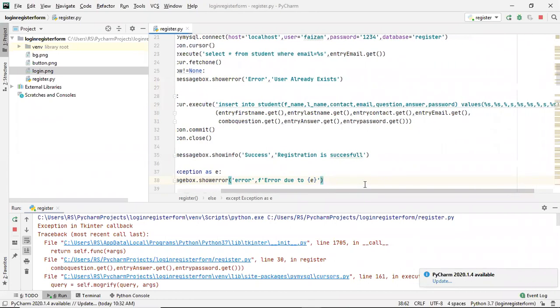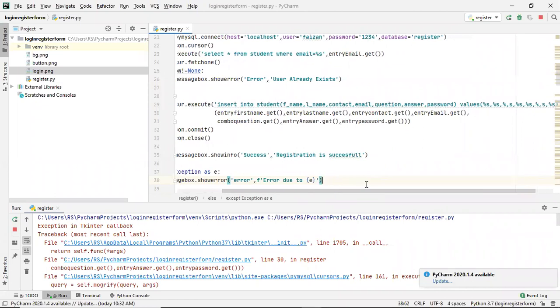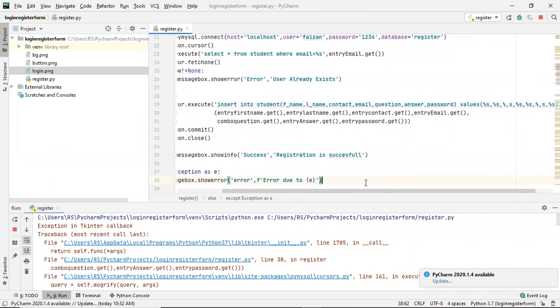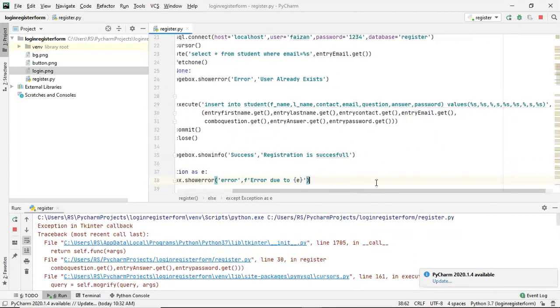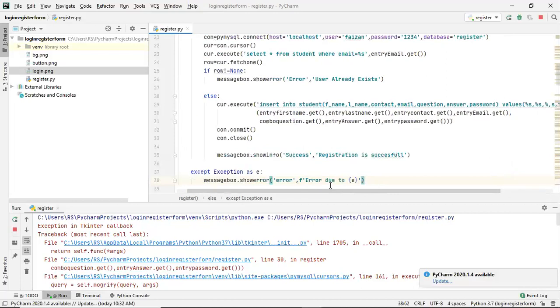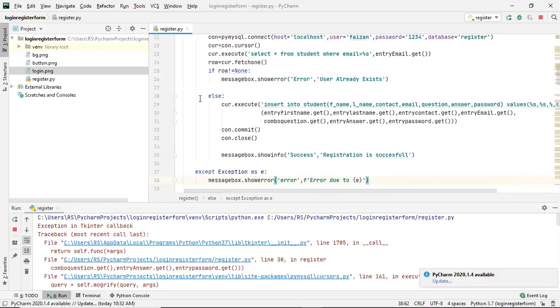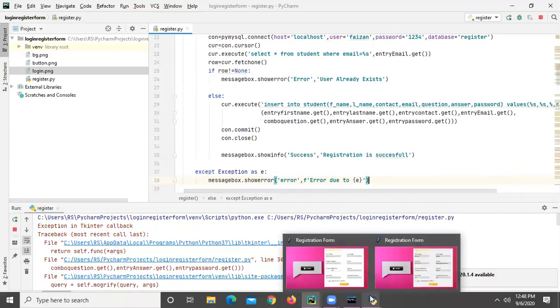Yeah, I think I have entered all the values here, and yeah, everything is fine here. Just see the source code.